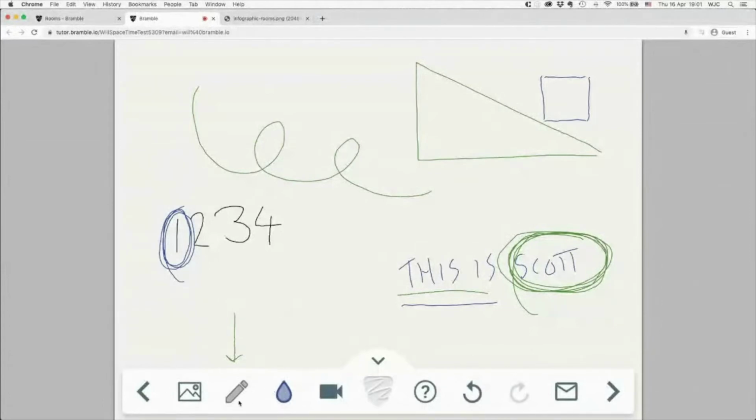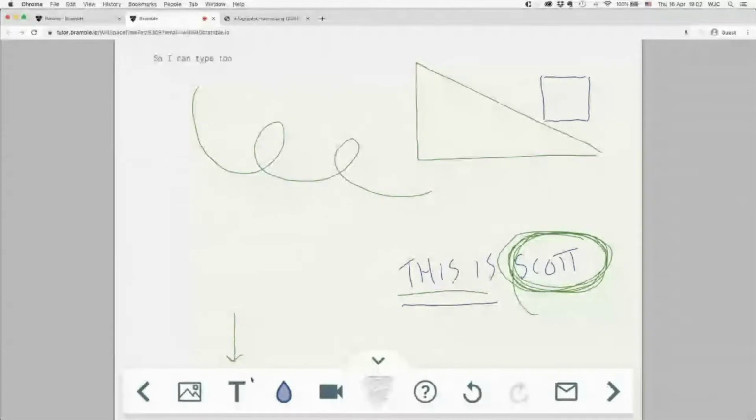If I click this icon again, it goes from the pen to an eraser. That enables me to rub stuff out. And if I click it once more, it'll go to the T for text, so I can type too. And again, everything I'm typing is transmitted with each keystroke. So if Scott starts typing something now, you'll be able to see through my screen it appearing as he starts